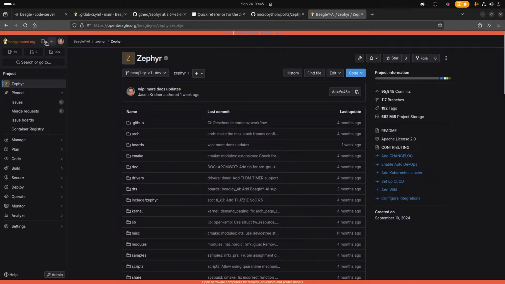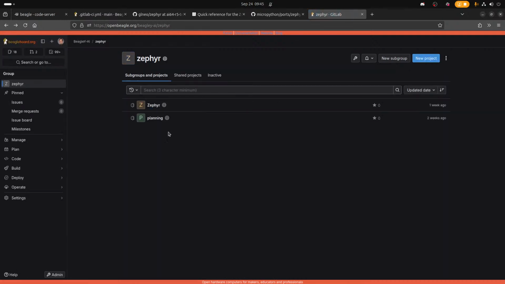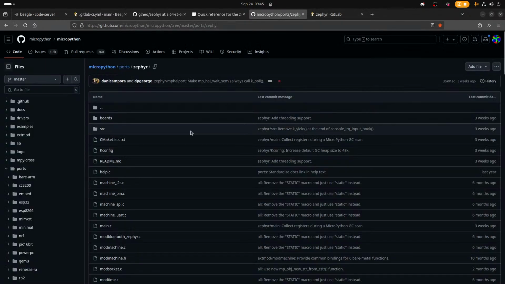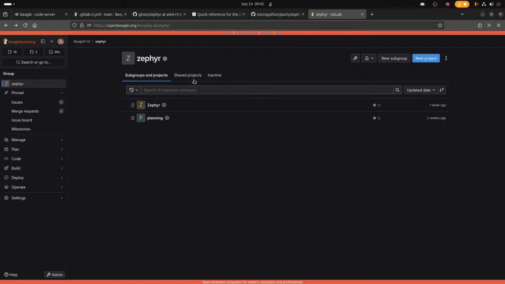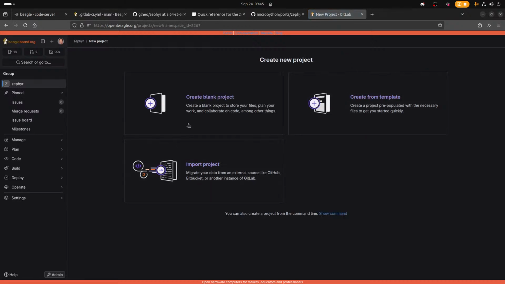So, do we need to maintain the MicroPython fork instead of just fetching from upstream and only having a CI in OpenBeagle? Well, I don't know. Do we need to have patches on it, or are we good? No, we should be good. All right, if we can build with upstream, let's just build with upstream. But maybe we need to create some projects with little west YAMLs and just hello worlds or something like that, right? Let's just make some really simple projects that we can build easy and build small.